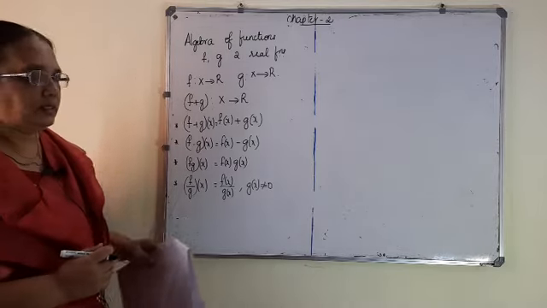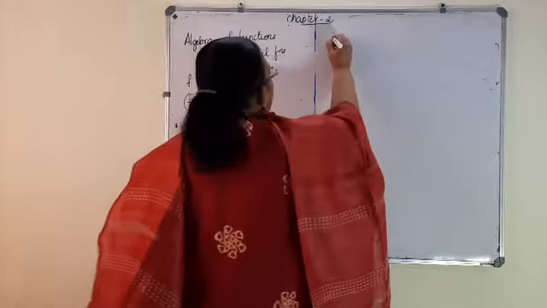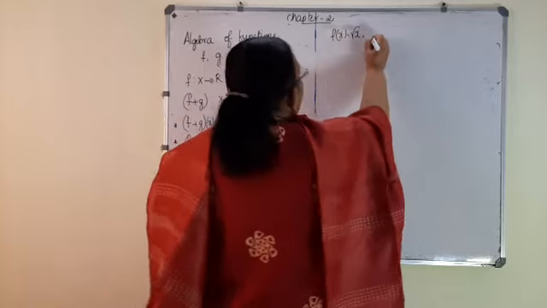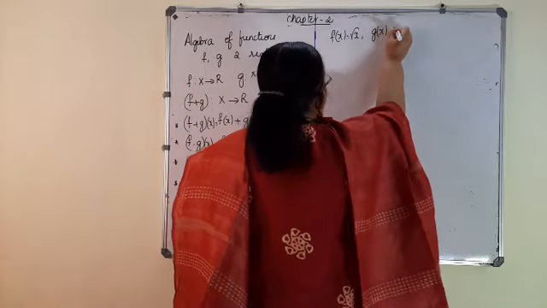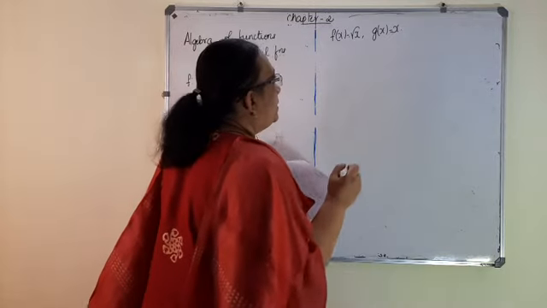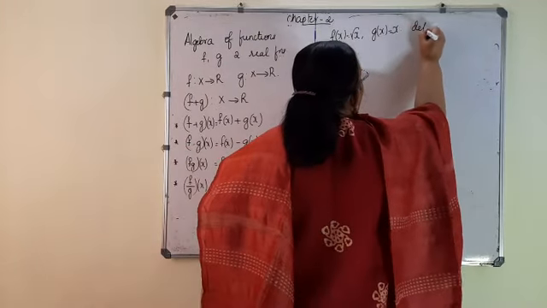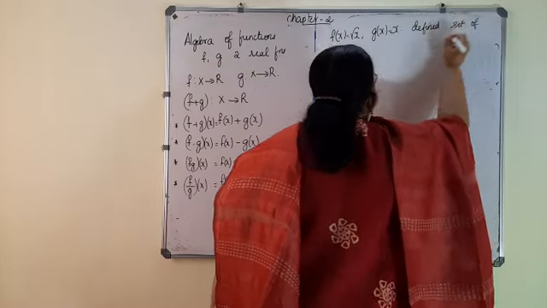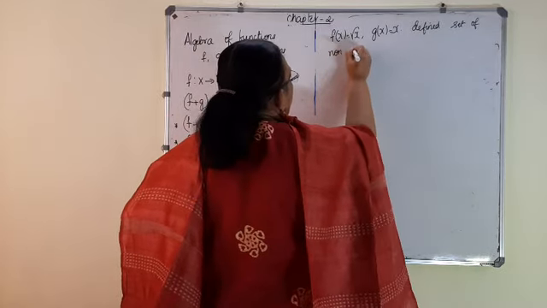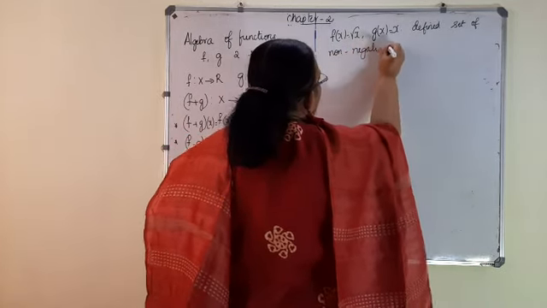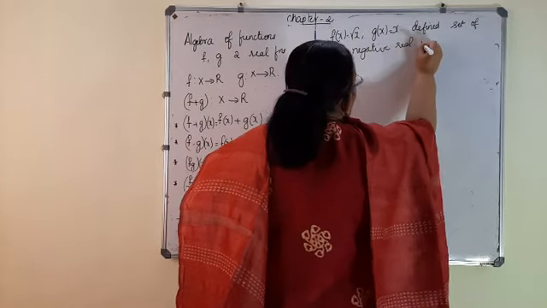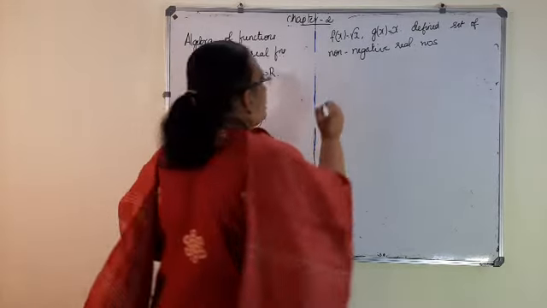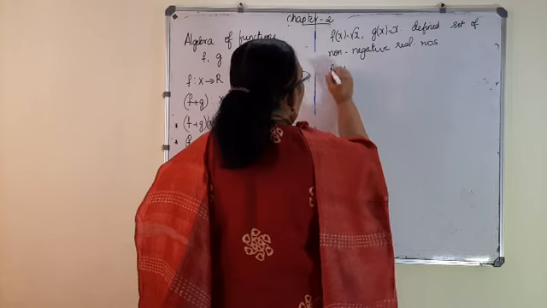Now, let us take one example. The function defined is f of x is equal to root x. g of x is equal to x. It is defined over the set of non-negative real numbers, because root x cannot be negative, x cannot be negative. The question is, find f plus g of x,